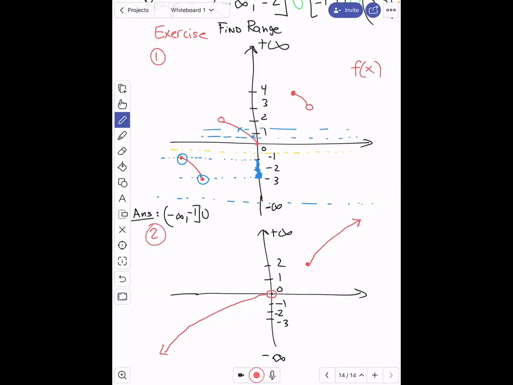Well, just one intersection, but that's enough, right? If you do just one intersection, then the corresponding y will be in the range. So you're going to have a second interval from 0 to 2, right? But then you have to stop at 2 because, as you can see, between 2 and 3,